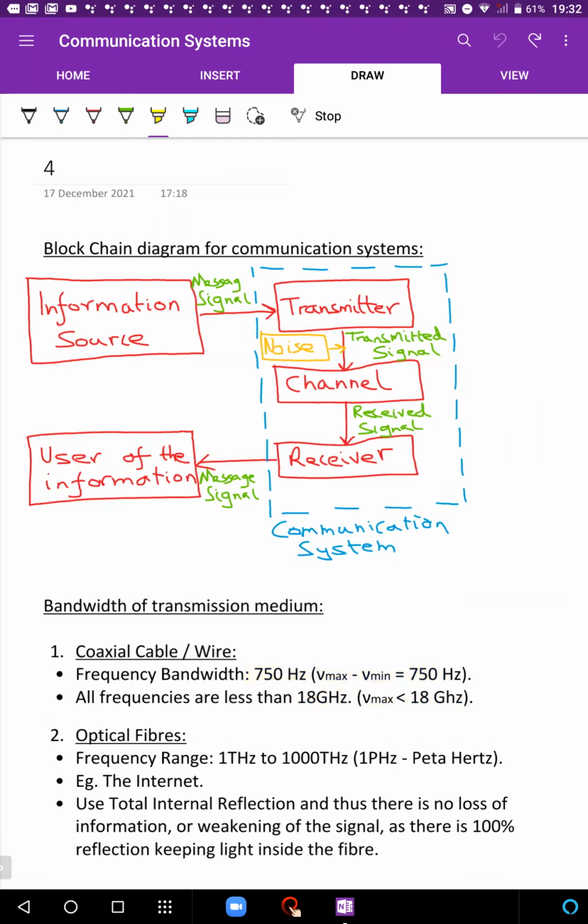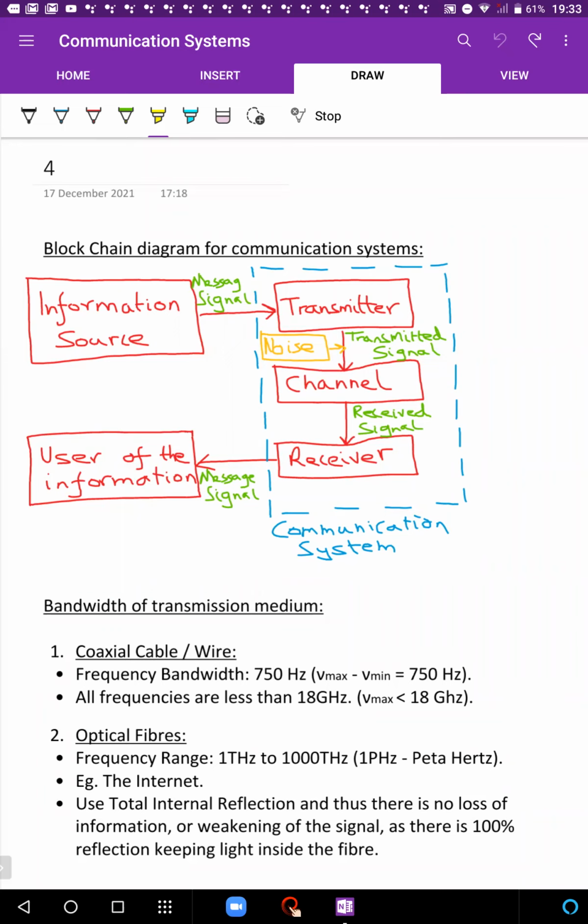In a coaxial cable, I believe we do not use light. In a coaxial cable, it's the electrical signal itself which is transmitted directly from the transmitter to the receiver. For example, if I use my mic and a speaker, the mic is converting audio into a voltage signal. It's sending it via a wire to the speaker, and then the speaker is converting the voltage signal back to an audio signal. So that's a coaxial cable. There's no light involved over here.